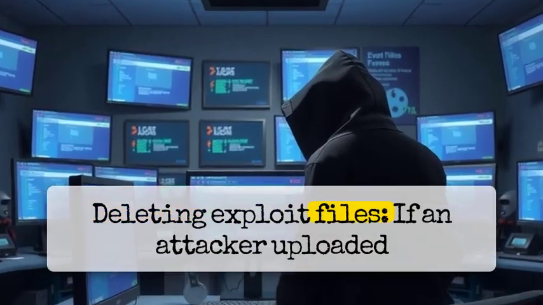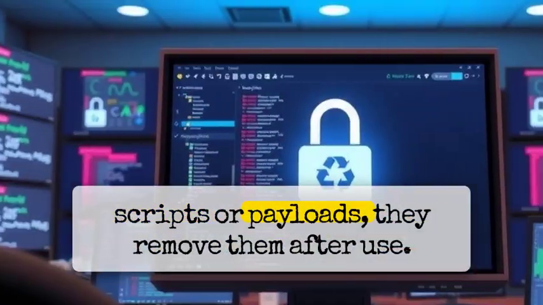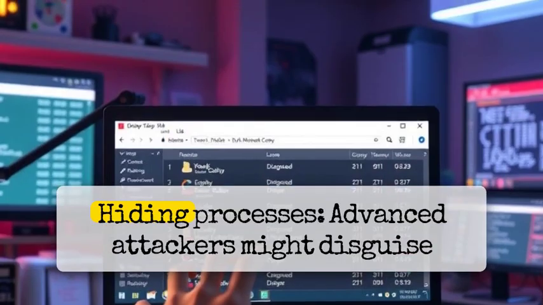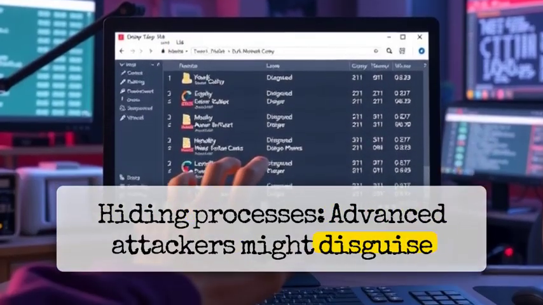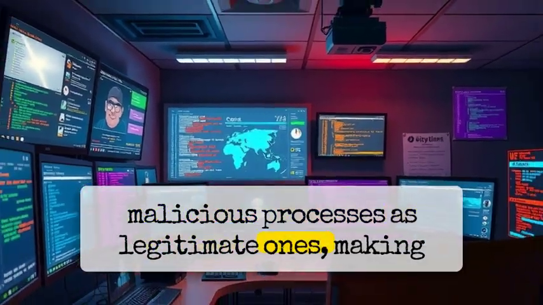Deleting exploit files. If an attacker uploaded scripts or payloads, they remove them after use. Hiding processes. Advanced attackers might disguise malicious processes as legitimate ones, making